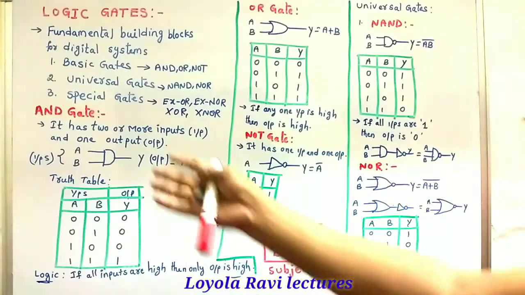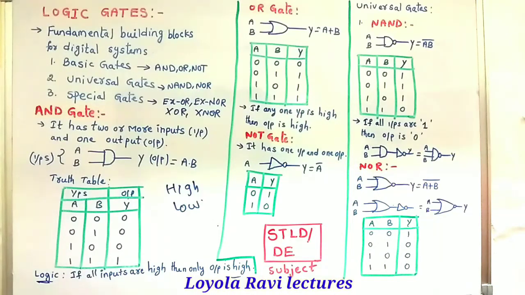Of course, here AND gate using discrete elements also we have to discuss, but not essential here. If essential, we will see in another class. All gates using discrete elements, that is resistors and transistors and diodes, like that. By using those elements, we are able to construct all gates. Okay. Then go for OR gate.